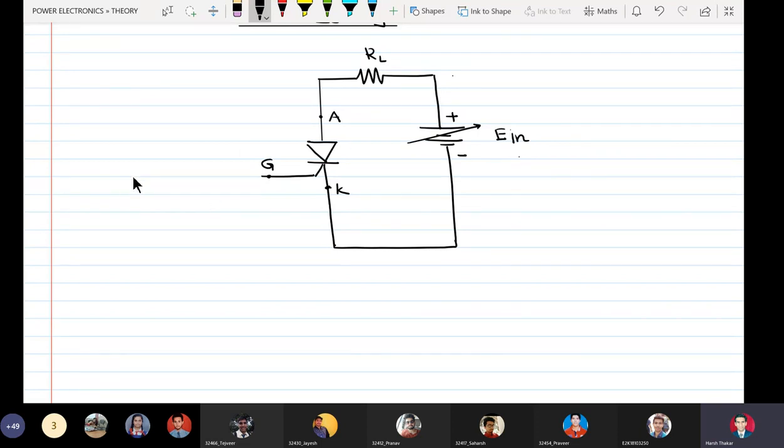And in the gate side, I have another supply which is smaller in value. So I am showing only one plate in the battery, while I am showing two plates in the battery E in. Here. Okay. And here I am using a variable resistor so that I can vary the value of gate current.